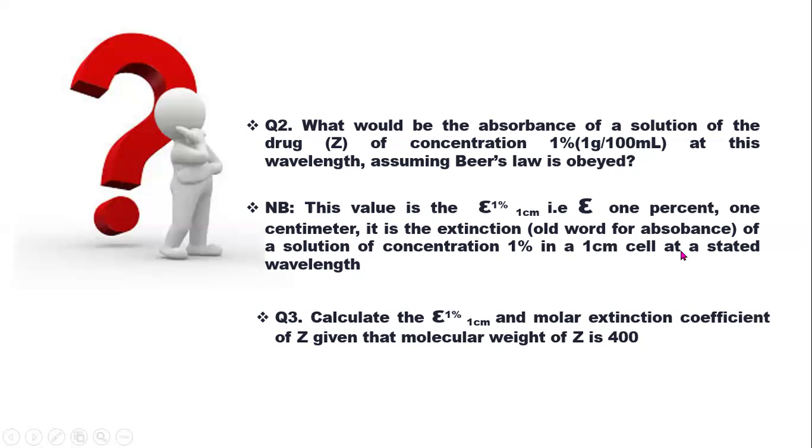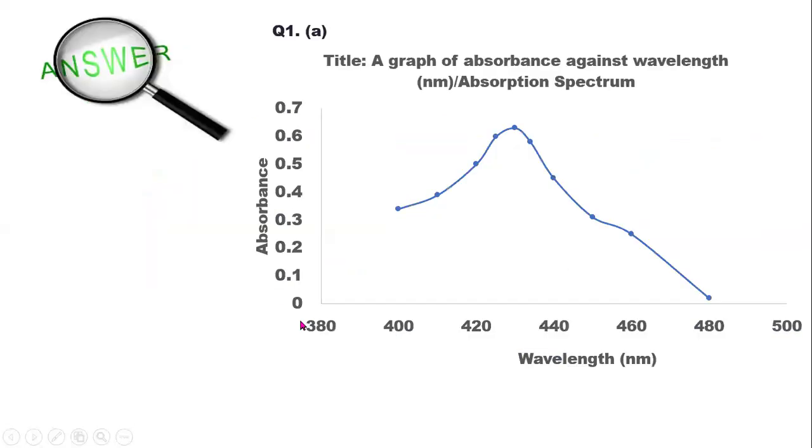So in question 3, we are going to calculate the extinction 1% 1 centimeter, and also the molar extinction coefficient of the drug Z, given that the molar weight of the drug is 400 grams per mole. So let's look at this solution. Now for that question that asks us to plot a graph of the absorption spectrum, you can see we have already plotted